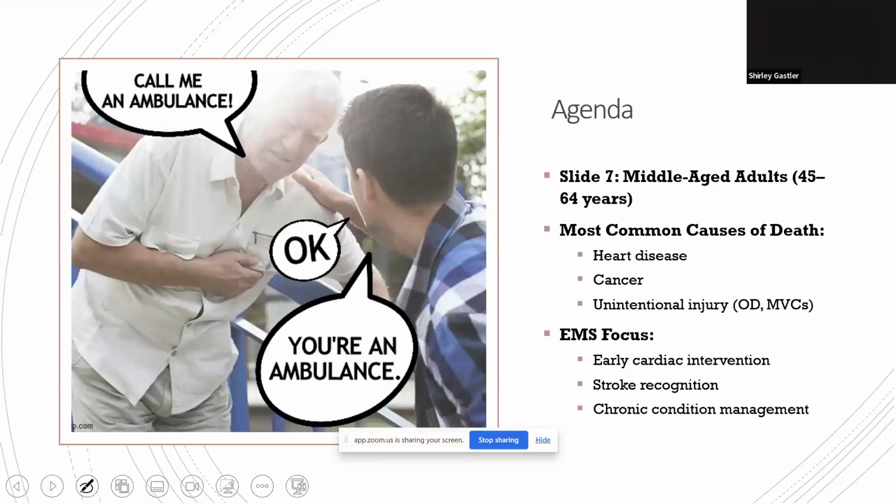Once you get into the 45 to 64-year-olds, it's heart disease, and then some other stuff. Certainly cancers. The older we get, the more likely you are to have cancer. 44% of Americans will at some point have cancer. That statistic actually increases to about 64% if you work in fire EMS specifically. So, knowing your risk factors, make sure you wash turnout gear. Make sure you're doing all the precautions that you can on the backside, to keep yourself safe. And then, of course, unintentional injuries.